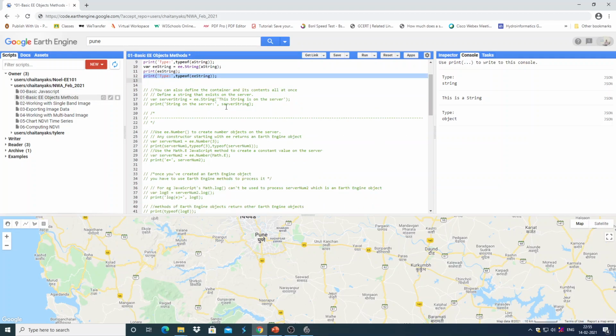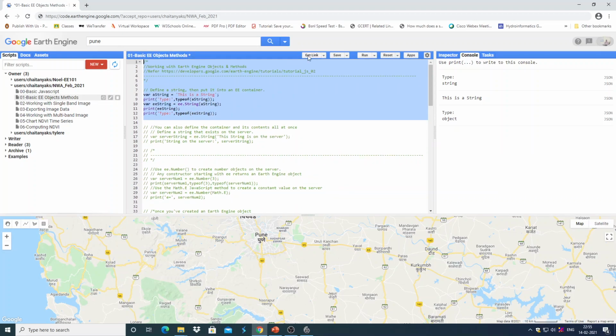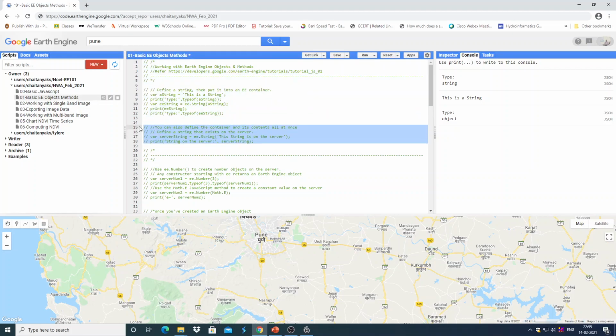You can also define the container and all the contents at once instead of following this two-step method. Here we are defining the container and its contents at once, defining the string that exists on the server.